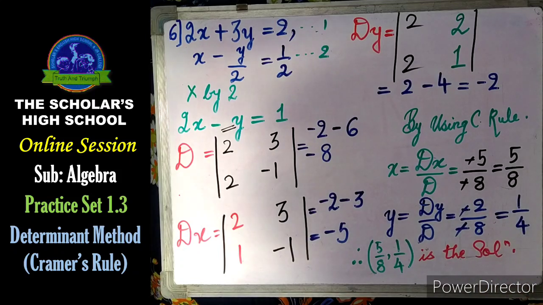So that's it. There were 6 questions given to solve by Cramer's rule. We have done 3 questions. The rest 3 you are going to do as homework. You are going to practice in your maths notebook. You are going to write all the 3 questions. Your question number 1 and question number 2 have 3 sub questions, and your question number 3 has 6 sub questions. In these 6 sub questions we have done 3. The remaining 3, that is 3rd, 4th and 5th, you are going to practice and copy down in your algebra notebook.